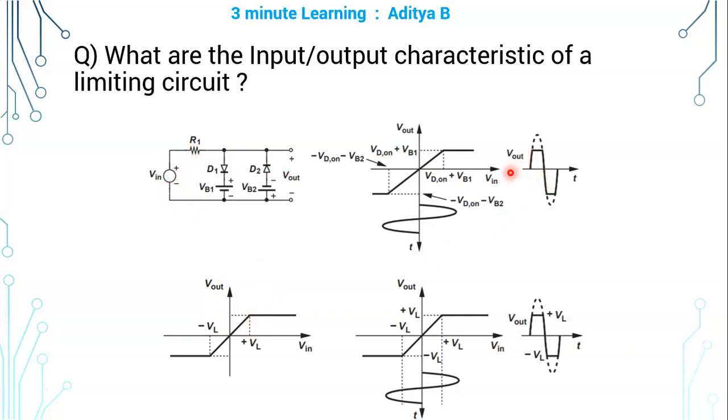So as you can see here, that is the region wherein Vout equals Vin, that is, slope is 1. Whatever input is present in this region, it is transmitted to the output. Whatever is present in the clipped region or saturated region, for example this wave, is clipped or removed. So whenever input is in between VB1 and VB2, both the diodes are off, output follows input. So here output is following input, likewise here and here.